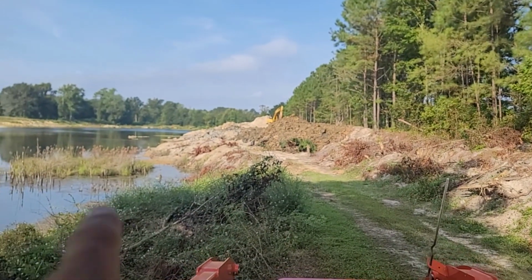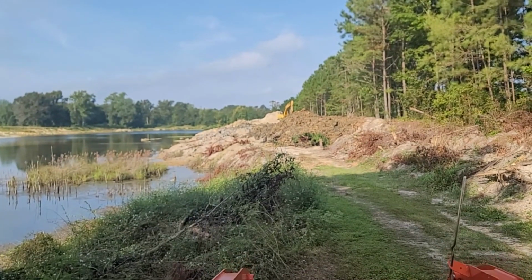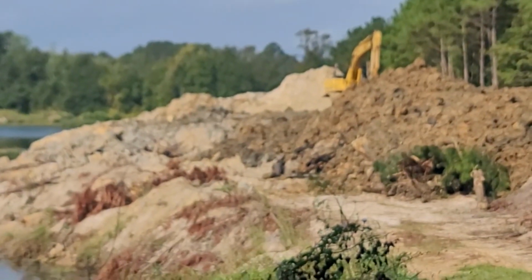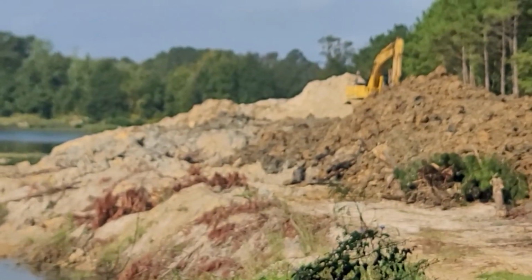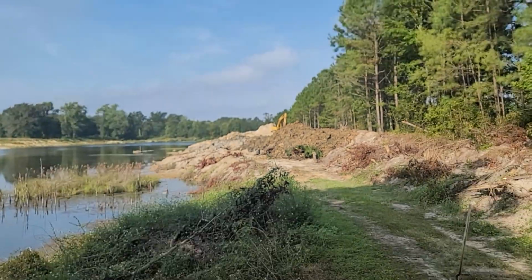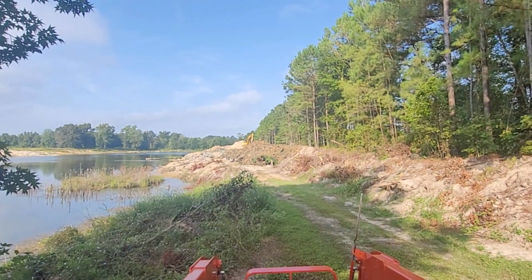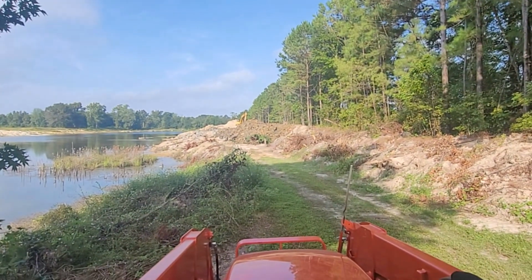and flip that little bit back to try to get rid of that valley, because down in, come on, why doesn't this camera focus anymore? I don't know what's going on with it. Down in that valley right there, it holds a lot of water when it rains. So I want to level that off, get it so the water will drain,